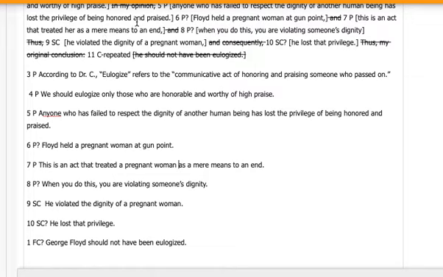When you do this, then I go in here to figure out what it is. Her, pregnant woman. Up here, when you do this, treating somebody as a mere means to an end. Okay, so when you do this, when you treat someone as a mere means to an end,